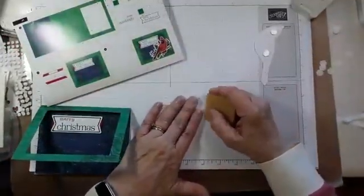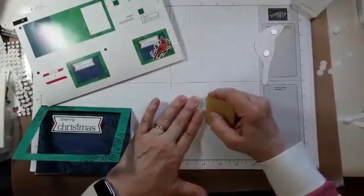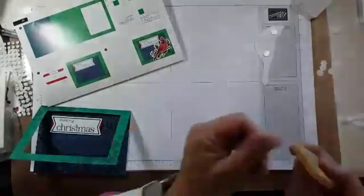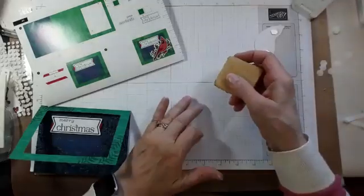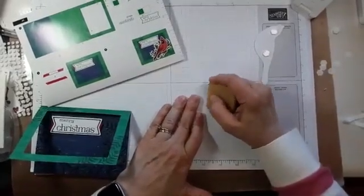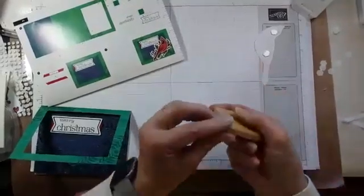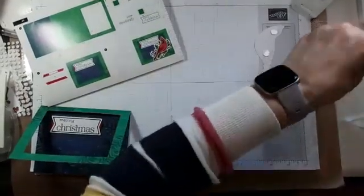Let's use my adhesive remover and take this part off. I have a better plan. I think it's going to work out better. This way we have to guess what part is sticking. Okay. And you may or may not get it within the boundaries of the card so that it fits in